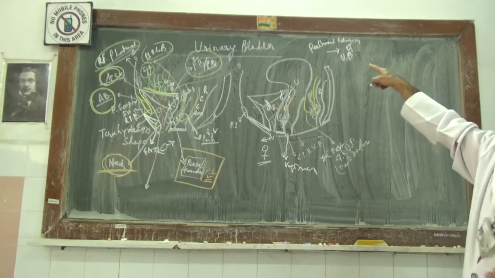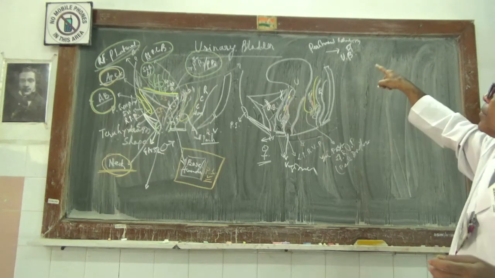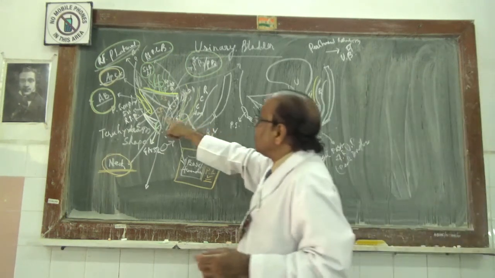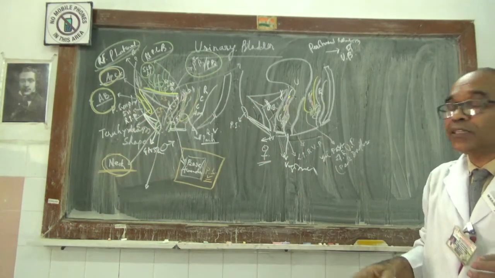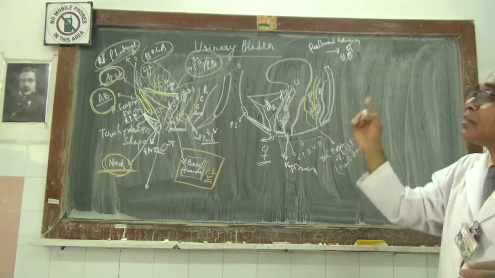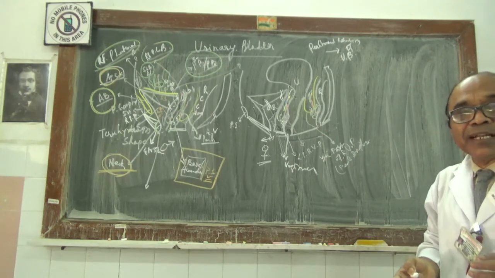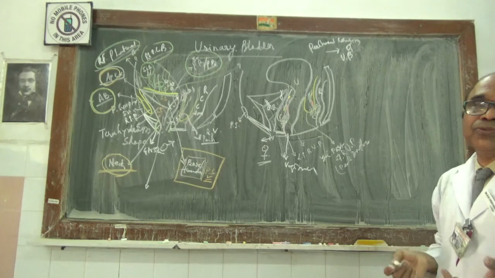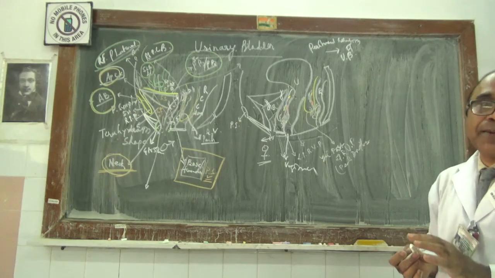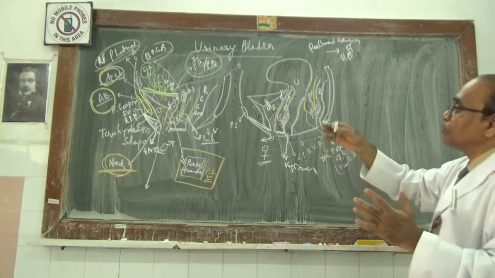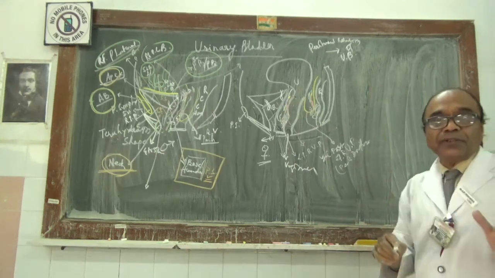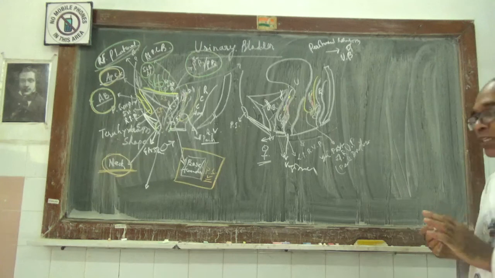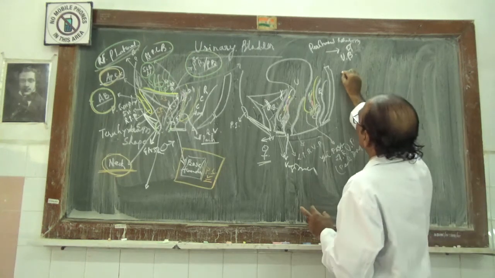You have also got the lateral surface, the inferolateral surface of the urinary bladder, as well as the anterior border and the other borders of the urinary bladder. They are also related to the covering, that is the peritoneum. So you have to tell that. So these are the peritoneal relations. After knowing the peritoneal relations, you have to go to the internal features.